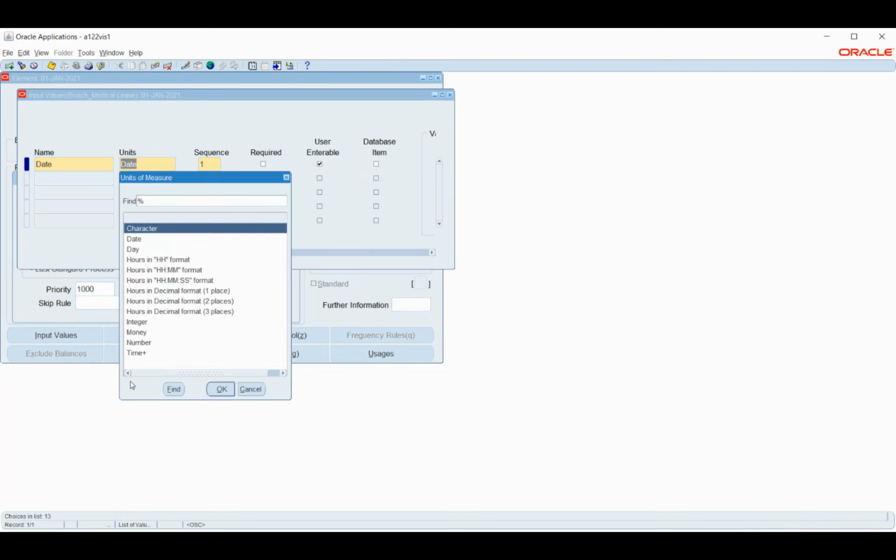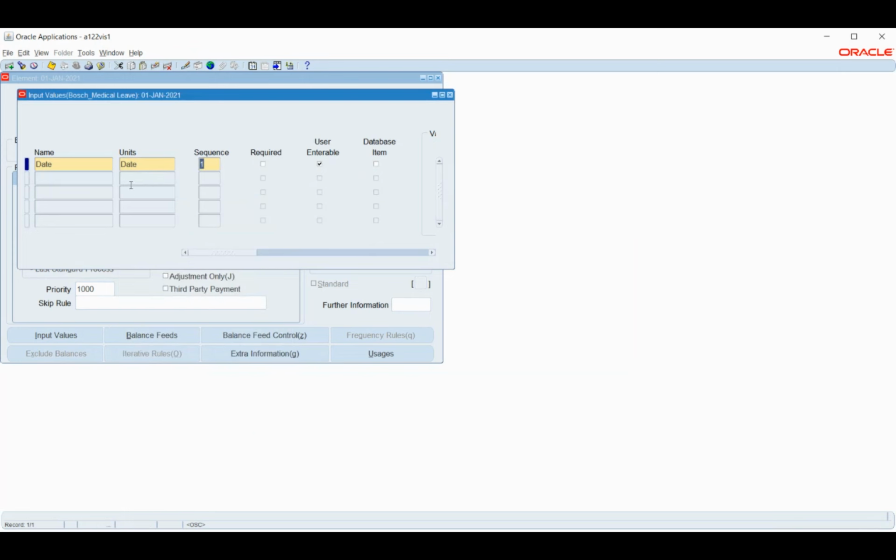So if I have any requirement to customize this, we can customize. I mean, we can add it, but we will not have the requirement to add basically, because days, day, character, and these things will cover almost all the values. Okay, if at all I want to give this as money in terms of monetary benefit, I can enable this as money or number. So widely used are number, date and days. Okay, so I'm selecting here date.